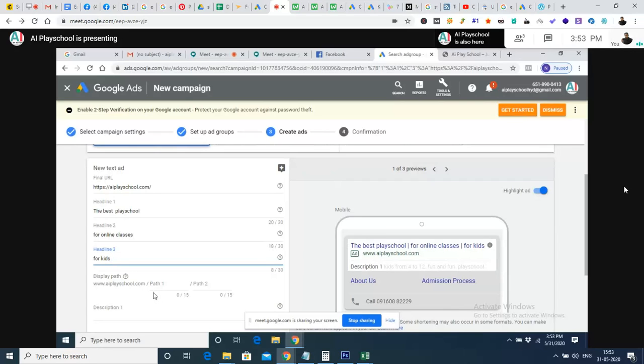Right now the display path is not required. We can simply leave it, and go for the description option.